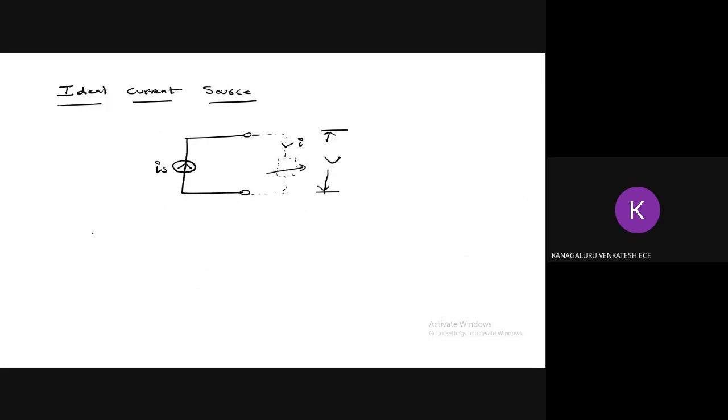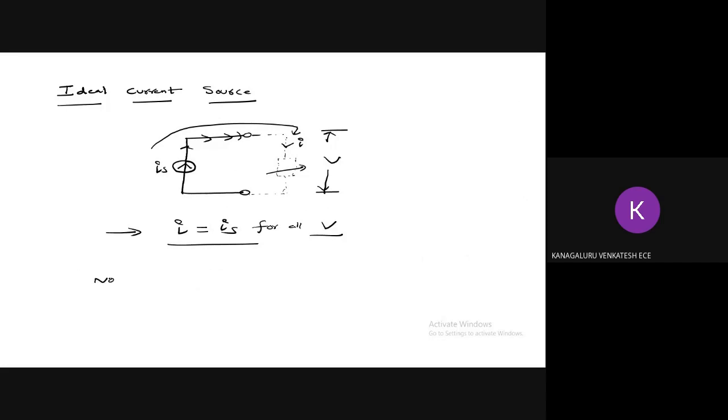Now the load current I in terms of source current is equal to IS for all V, meaning for all load voltages. So I could say that here the current is IS, at this point it is going to be IS. Here also it is going to be IS. Since it is an ideal current source, it does not have any parallel resistor. So whatever current we apply here, the same current reaches the load. So I could say that always I equals IS irrespective of your load voltage.